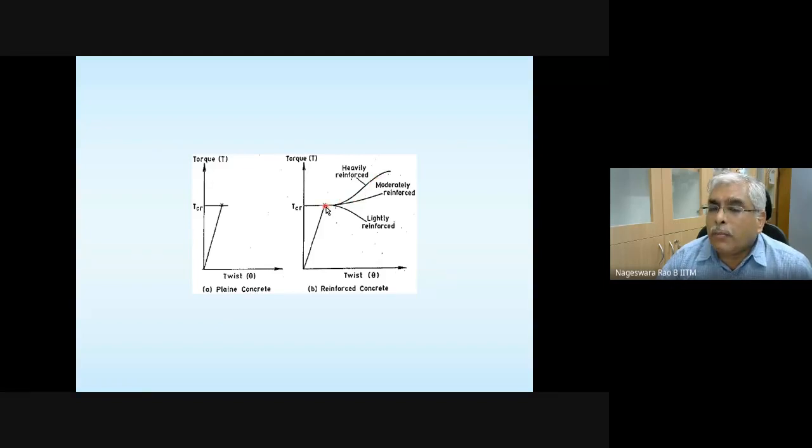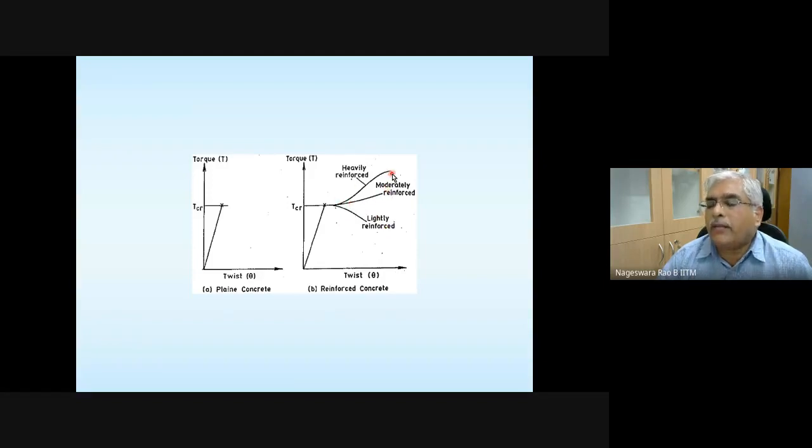But you need to make a note here. You can see the torsional stiffness drastically reduces to almost equal to 0. Even if you provide steel, torsional stiffness is not going to be that much. You will not be able to gain it. So this is for lightly reinforced, this is for moderately reinforced, this is for heavy reinforcement.